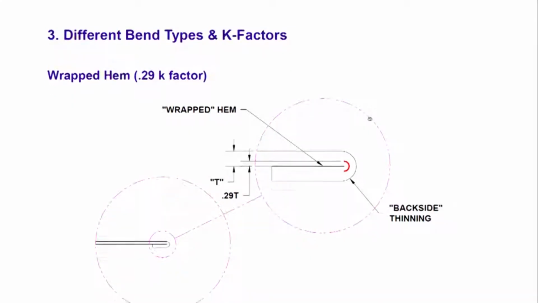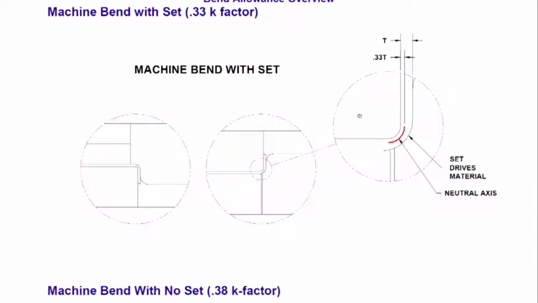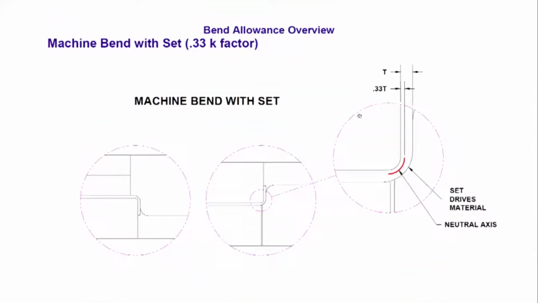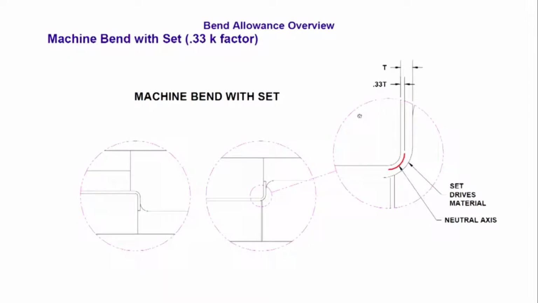So, coming back to my drawing here again, you have seen that something called a set is given. When we say set, it means it is a punch and die system. Okay. So, you have one part of it at the bottom, which is here, and another part at the top. So, here this is upwards, here this is downwards. The set drives the material